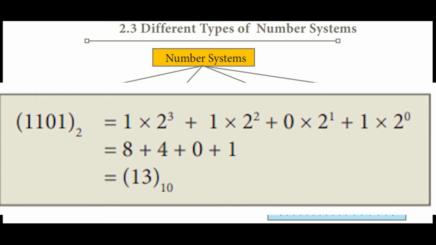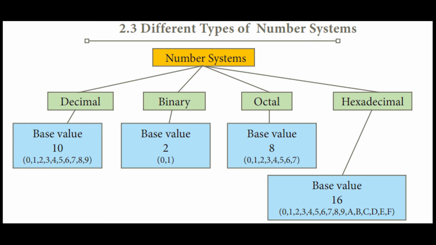Okay. The next one, octal number system. Octal number system means here we have 8 digits, that is from 0 to 7. Right? 0, 1, 2, 3, 4, 5, 6, 7. Each octal digit has its own positional value or weight as a power of 8. Okay, here also same way. In decimal numbers we saw it is into 10 power 2, into 10 power 1, into 10 power 0, right? In a binary number system we saw that it is into 2 power 0, 2 power 1, 2 power 2.